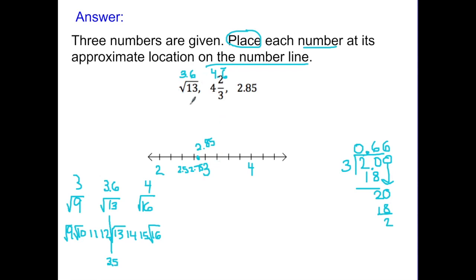Now my next number, the square root of 13, is 3.6. So again, if 3 is my whole number and here is my half, I know that it's just a little bit after the half, but not quite to the 0.75 or 3/4. So I have my square root of 13 here. And then for 4.6 repeating, I know that this would be my 0.25, and this would be my 0.5. So this one would be a little after my 4.5, because 2/3 is greater than 1/2, but less than 3/4. So that is how I would plot my